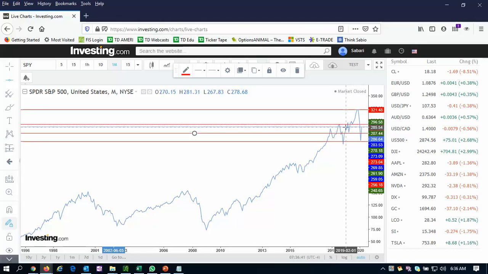How did I draw these two lines in between? The place where price reacted more than once or more than twice, that's the place I took as support and resistance. If you see here, there is a price reaction, the price reacted here. So these two places, the price reacted there, so I took them as resistance, and again here price reacted more than once, so I took this place as resistance.